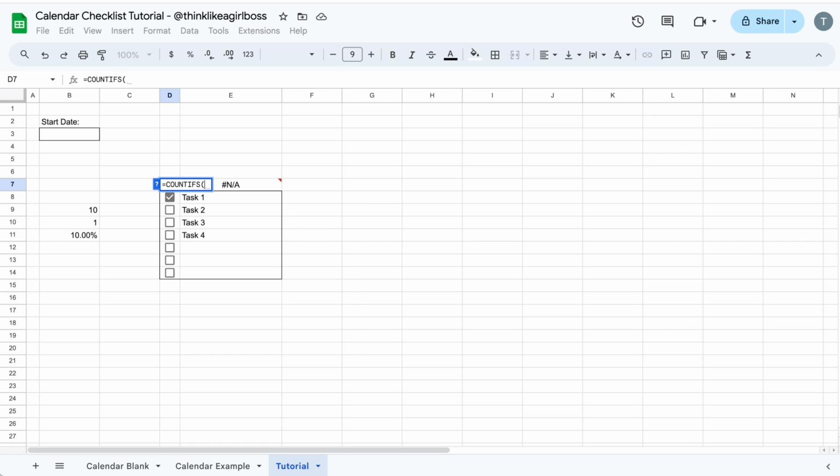We're going to open parentheses, and our first condition is going to be if there is a task in here. So we're going to select the range from cell E8 to cell E14, which holds our task. We're going to do a comma, and then the way we say "is not empty" is we're going to open quotations, use the less than and greater than symbols, and close quotations. So what we're saying here is if the task range is not empty,